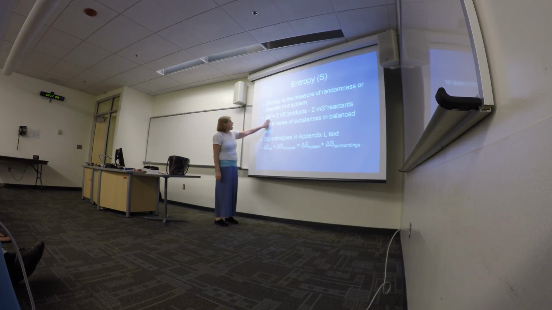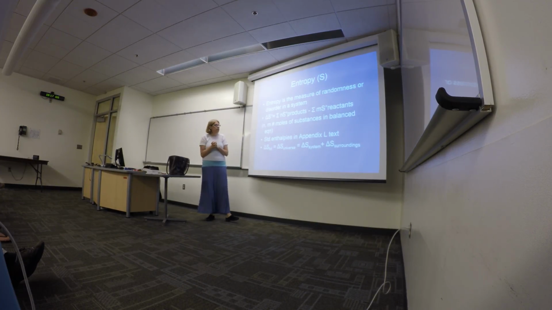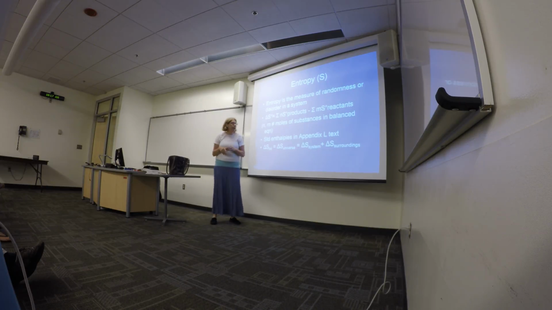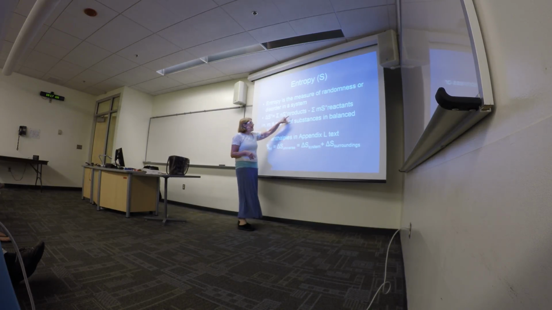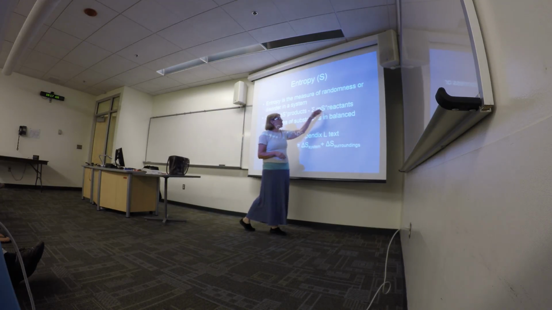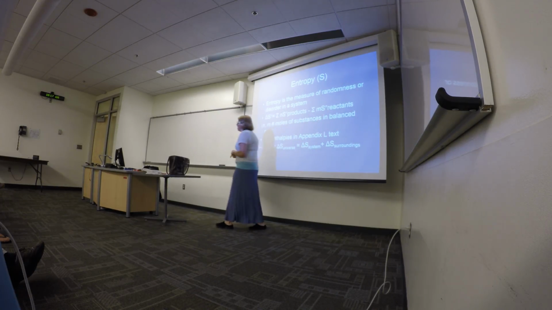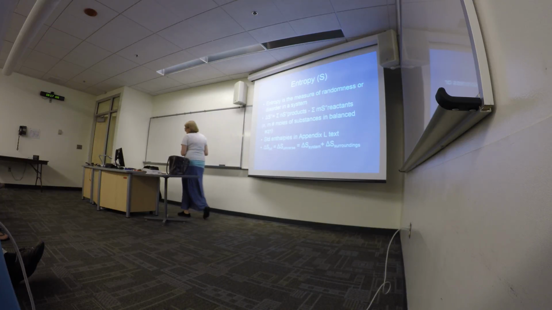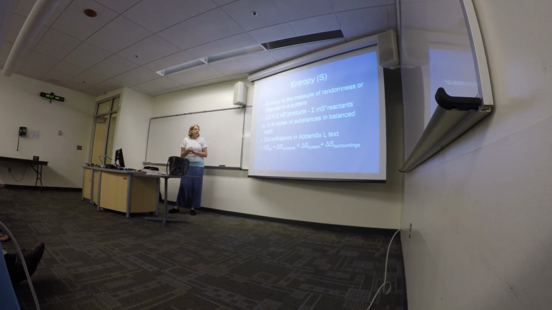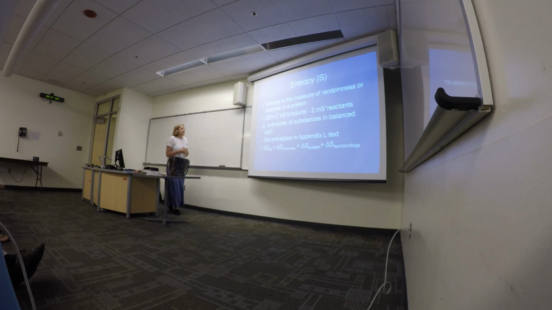If we have a chemical reaction and we want to find out what the entropy change is, we can look in the appendix. We can calculate the entropy of the products times their coefficients and subtract the reactants. The only thing that's going to be different is that all the standard entropies for individual molecules will be positive,